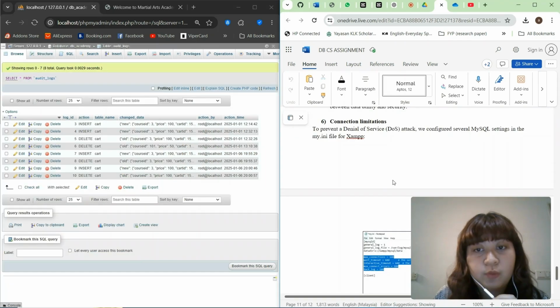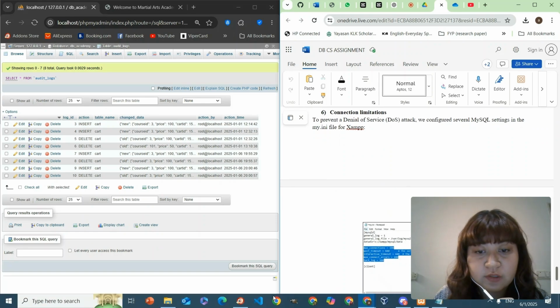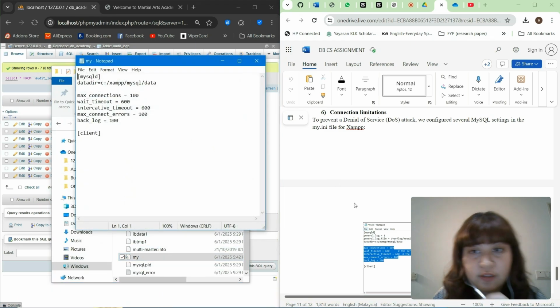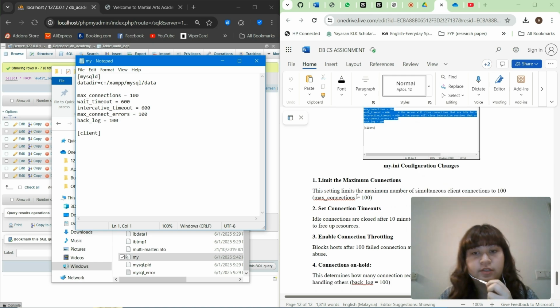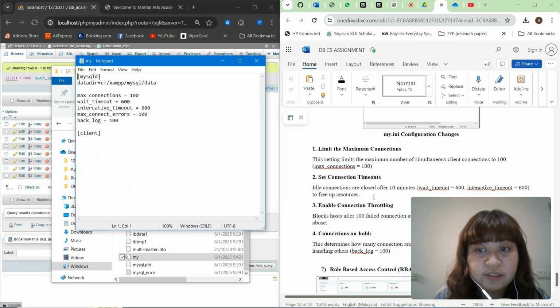Connection limitation. To prevent a denial of service DDoS attack, we configure several MySQL settings in the my.ini file for XAMPP. So here are some configuration settings to prevent the DDoS attack. First, we limit the maximum number of simultaneous client connections to 100, and then set connection timeouts, which is